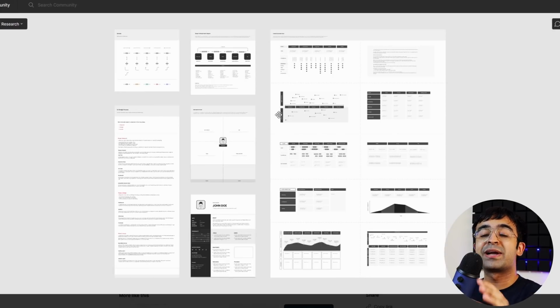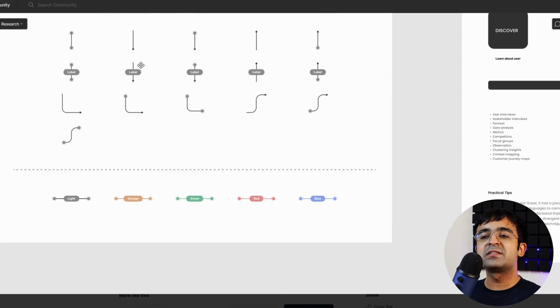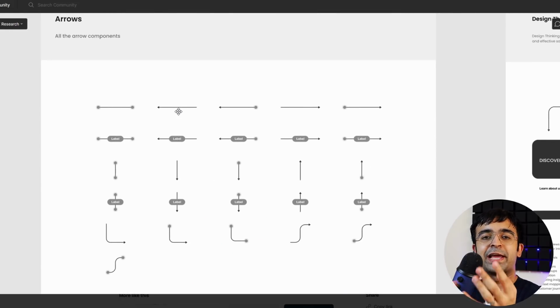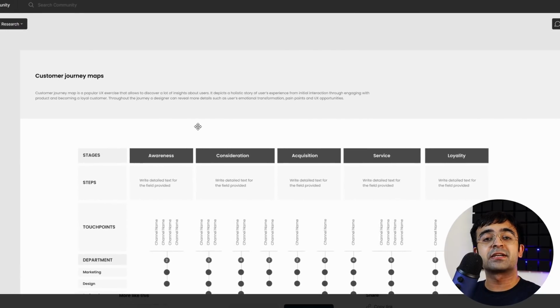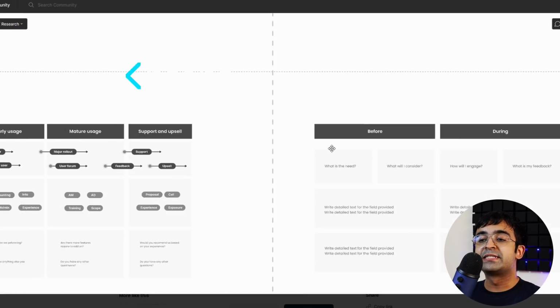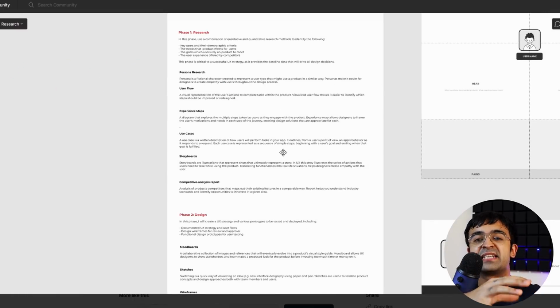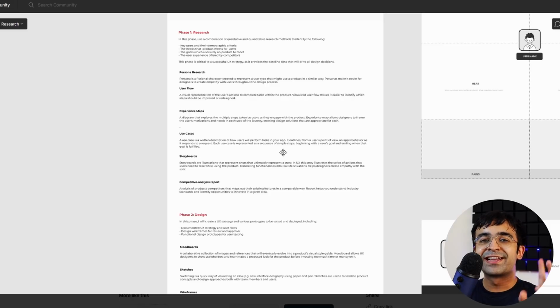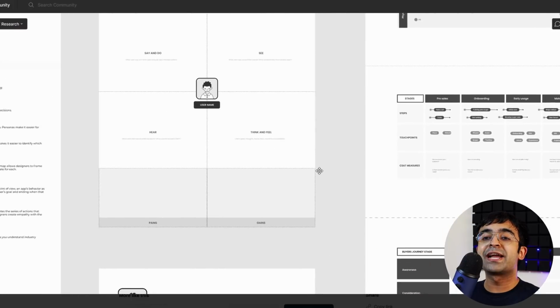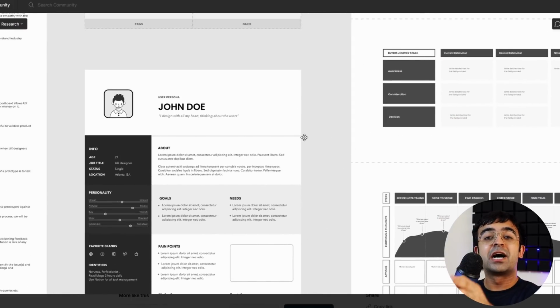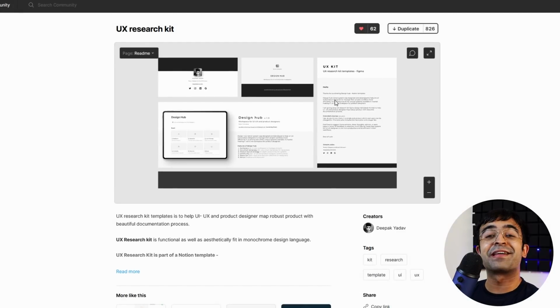You can even check out the UX research page where he has custom made different elements. So you have labels, arrows, and things like that, which you need maybe for your FigJam file or for your Figma files. And he's created things like customer journey maps and user journey maps. He's created user personas. He's also created a list of the entire UX design process. So if you're a beginner or someone who's learning, this will be such a good kit to start off with because you'll be able to read and learn about it as well as utilize it in your own designs and practice alongside. Again, it's free, so you have nothing to lose.